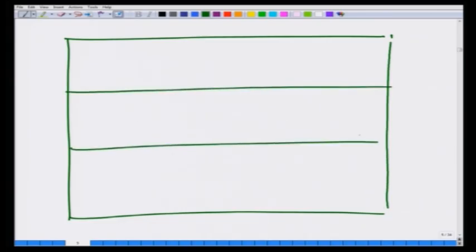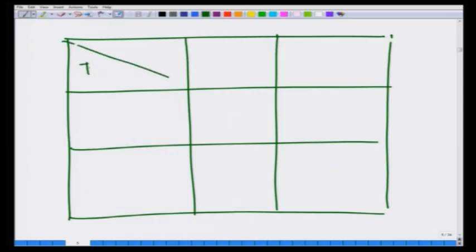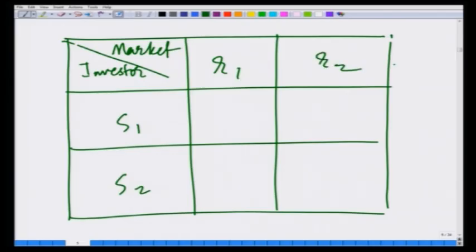Let me redraw the game table as the investor and the market, stock 1, stock 2, rate 1, rate 2, and the payoffs are 5, -5, 6, -6, 10,